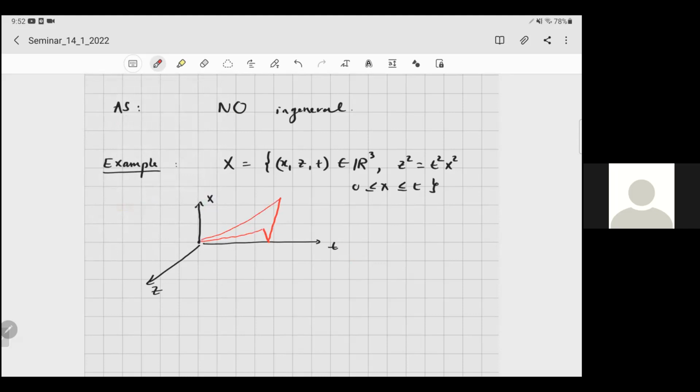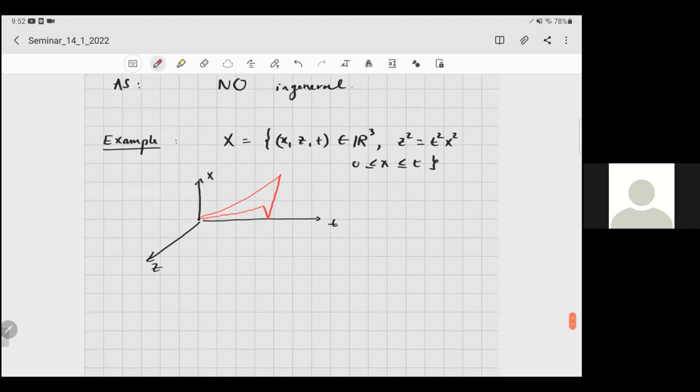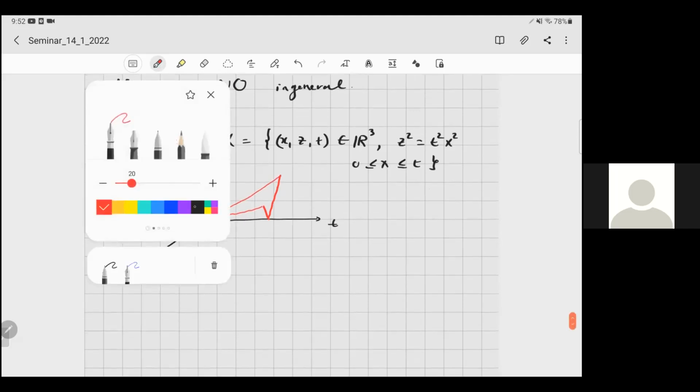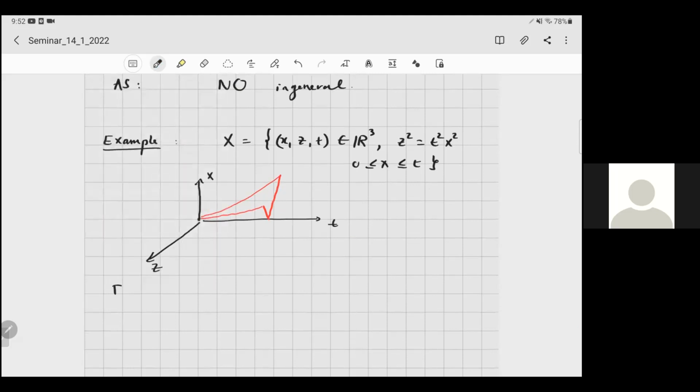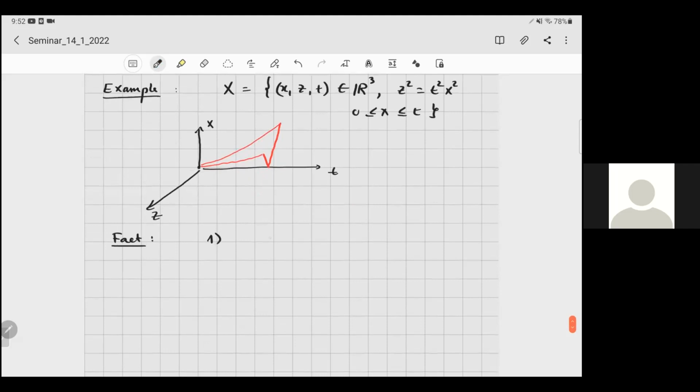Yeah, this is the germ of X. And the facts are: the first one is, for every x we have the identity map from the MD homology